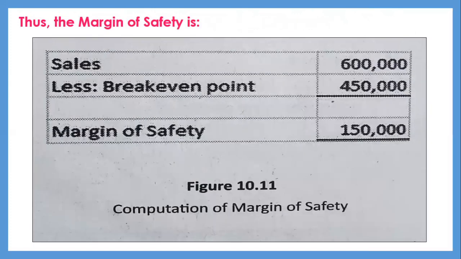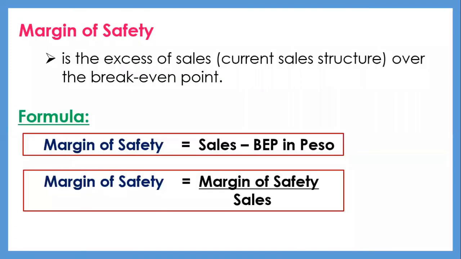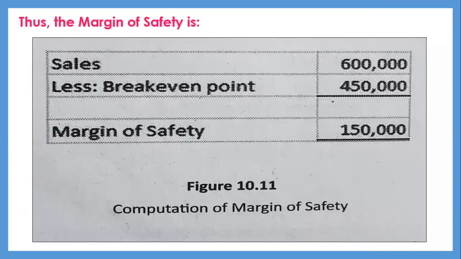The formula that we will be using is our first formula: sales minus the break-even point in pesos. So going back here, our sales in this case is 600,000 pesos minus the break-even point of 450,000 pesos, and therefore our margin of safety is